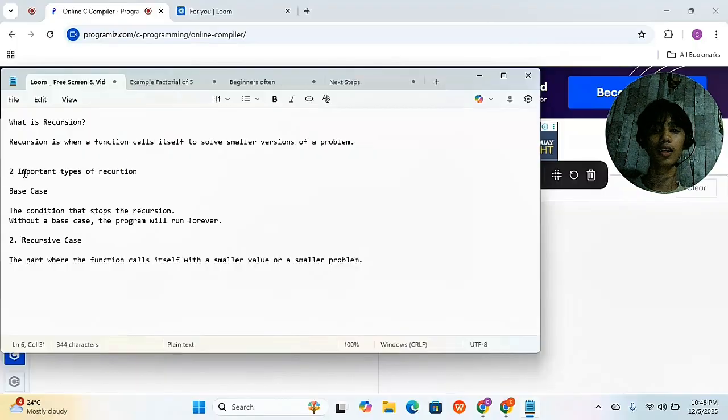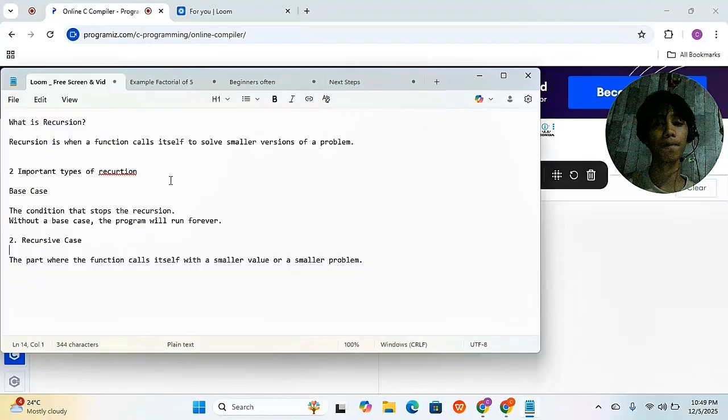There are two important parts of recursion. First one is the base case, the condition that stops the recursion. Without a base case, the program will run forever. The next one is the recursive case, the part where the function calls itself with a smaller value or smaller problem. Here's an example, factorial of 5.